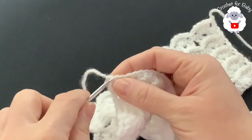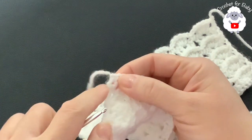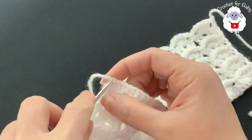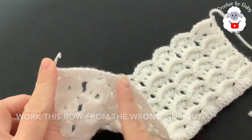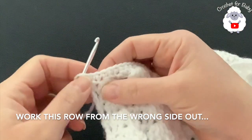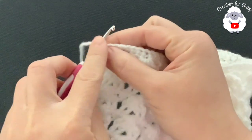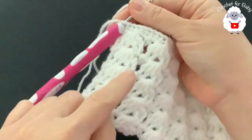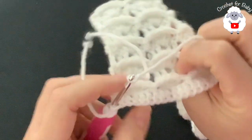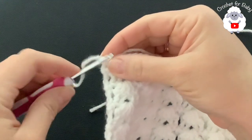So into the same stitch here, which is the first chain, where I have this single crochet, insert your hook here. We're going to be working single crochets here on the back of that chain, which is the same one where we did the single crochet row. So insert your hook right there into that first chain, grab a loop here, and this here is the wrong side. So I turned it over like this, so it's on the wrong side. Now grab a loop,